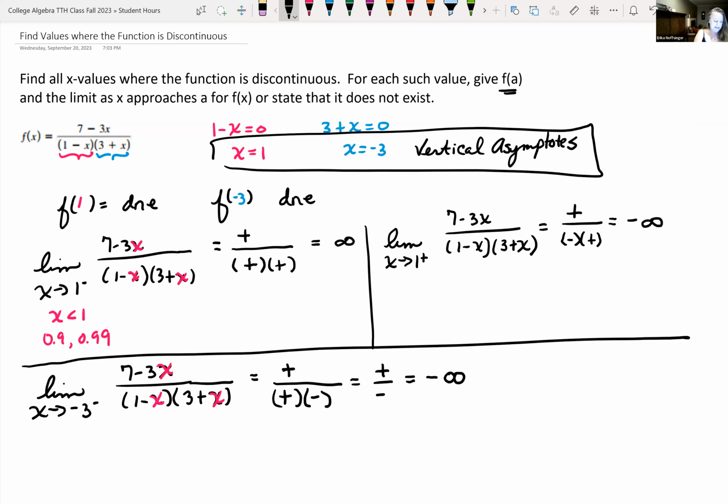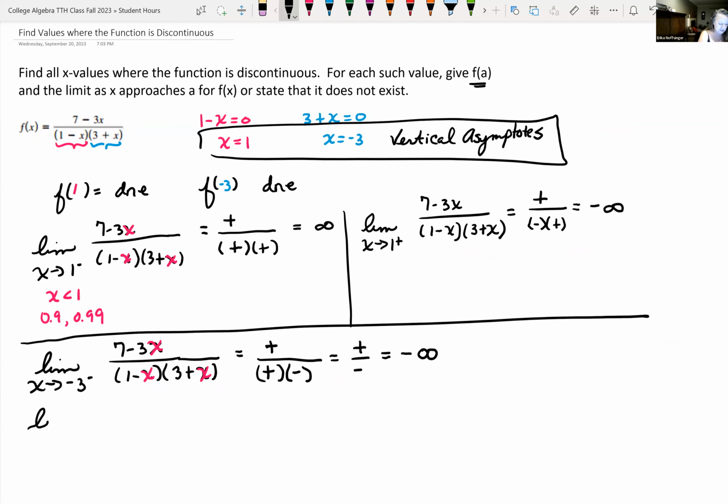So let's do the same sort of reasoning one more time, but now let's look at the limit as x is approaching -3 on the right-hand side. So since I'm approaching -3 on the right-hand side, I'm choosing numbers that are bigger than -3, but close to -3 on the right. So like -2.9, -2.99, -2.999. So I'm going to do the same sort of reasoning, and I'm going to plug in a value close to -3 on the right in for x, and I want to see if my result is going to be a